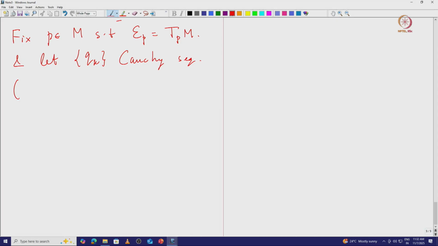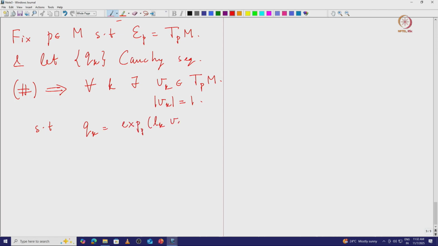So then by hashtag for all k there exist unit vectors Vk such that Qk is given by the exponential of Lk times Vk, where Lk is precisely the distance from P